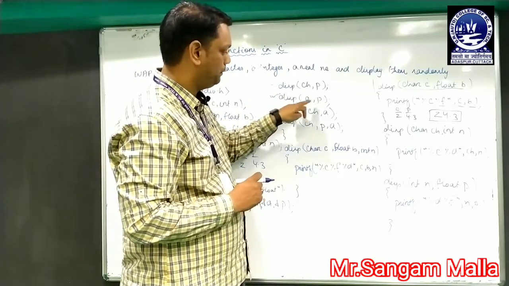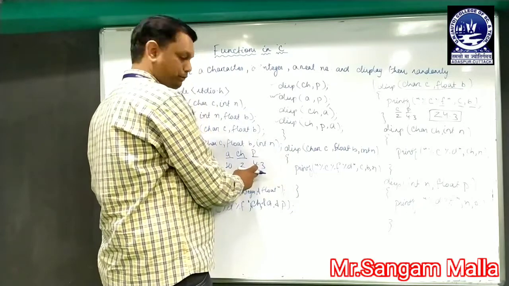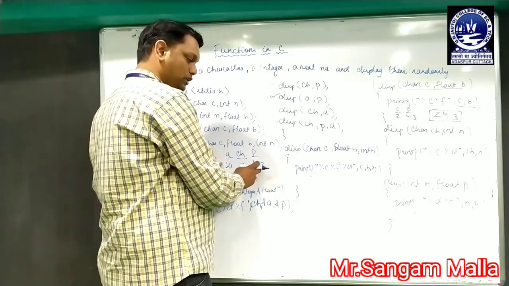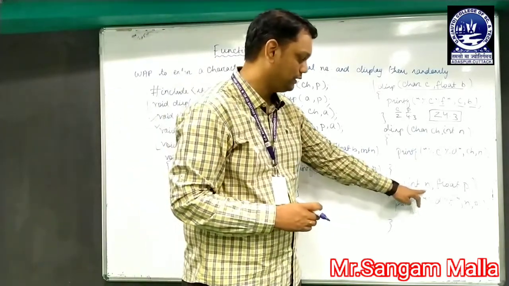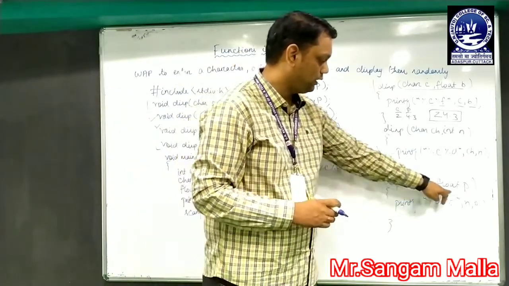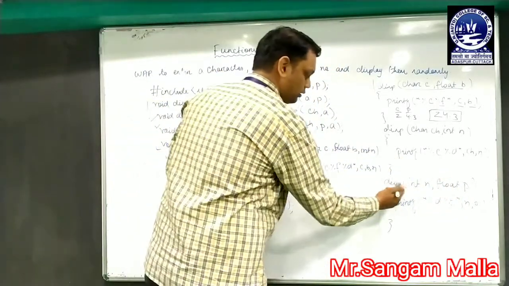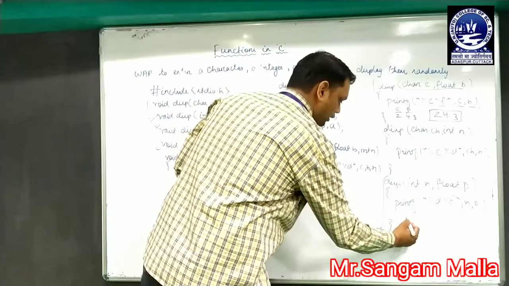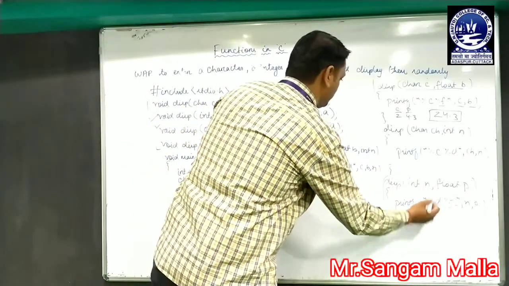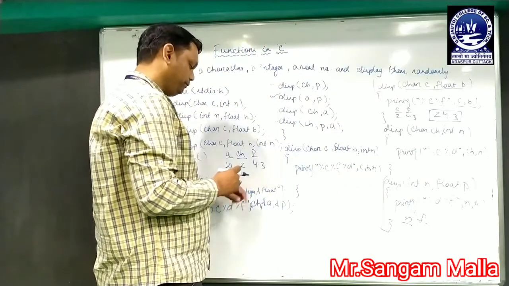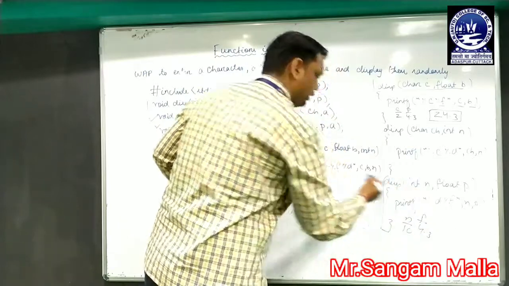So you can see that the second display call will have a and p. a is integer type and p is floating type. So it will search for the display function which has first an integer and then a float. You can see that the first integer part is here and the float is the second part. So it will move to this display function. So n will receive the value of a and p will receive the value of p. So here 10 will be stored in a and 4.3 will be stored in p.